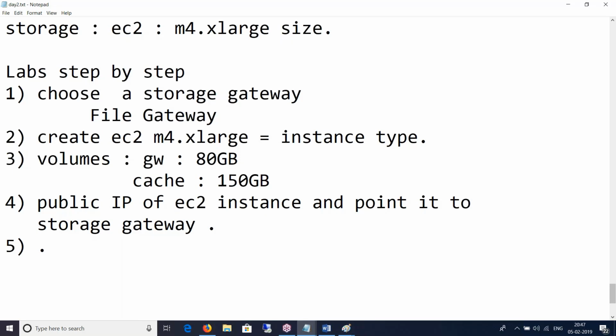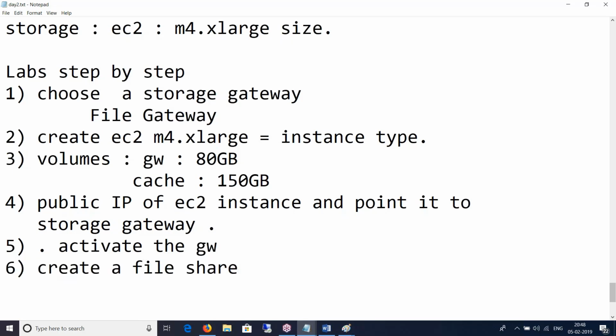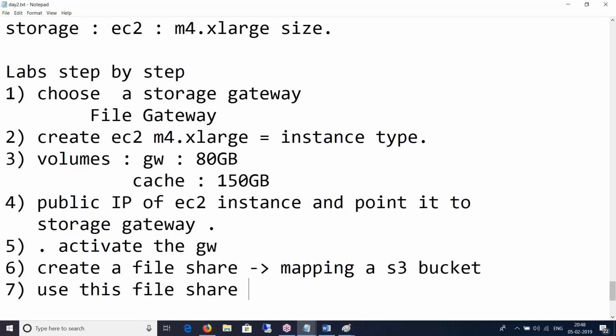Then finally you activate the gateway, and then you configure the local disk, or let's say you create a file share by mapping an S3 bucket to it. Then you can use this file share to mount to any instance, Linux, Windows, or Mac.